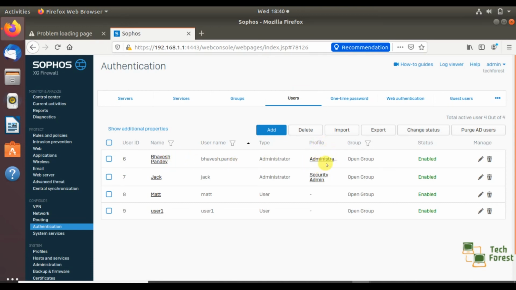In the profile category you can see administrator. Jack has security administrator privilege, and if you check the top right side, I am logged in with the default ID admin. So here you can see who has administrative privilege.